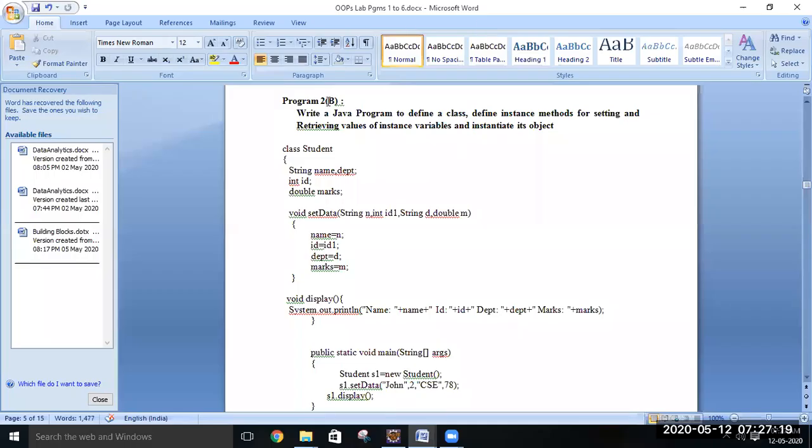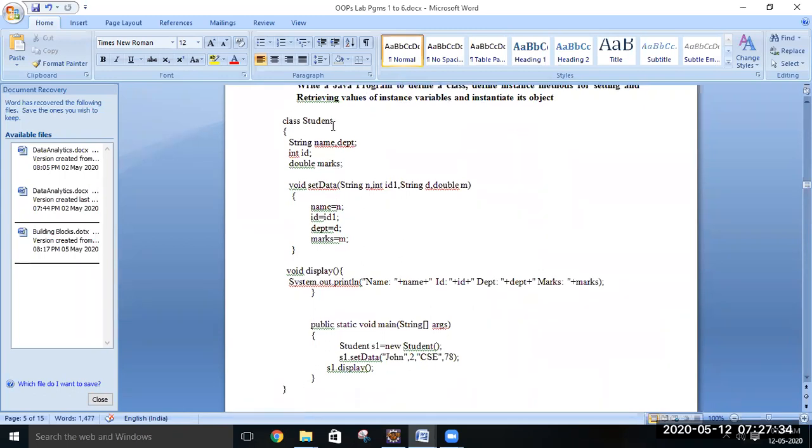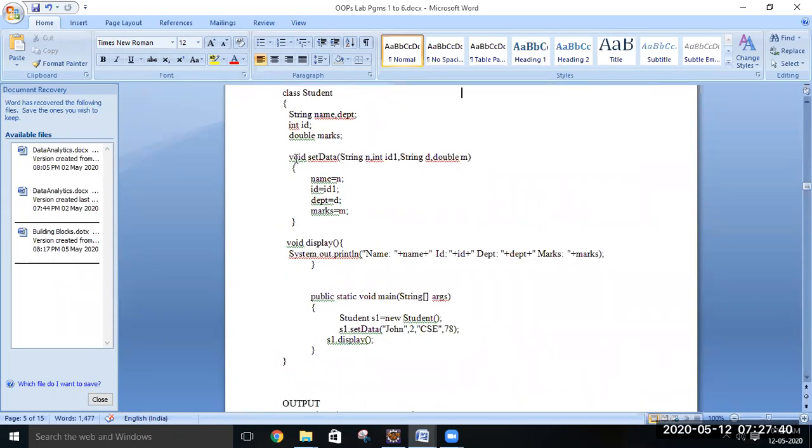Now the second part of this program, program 2b, is where we are trying to use methods for setting and retrieving values of this student. Here the same class we have reused. We have class student with all the 4 data members, and in addition we have used a method called set data.